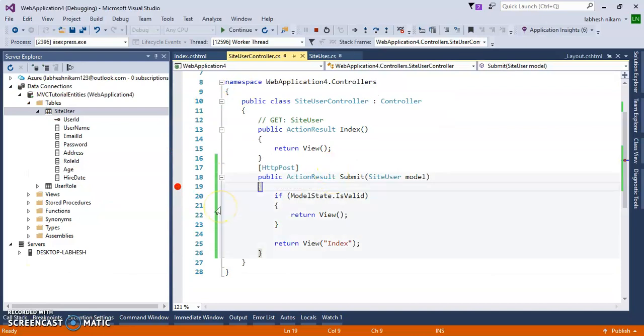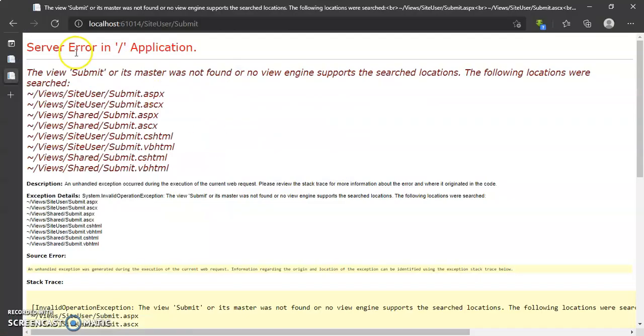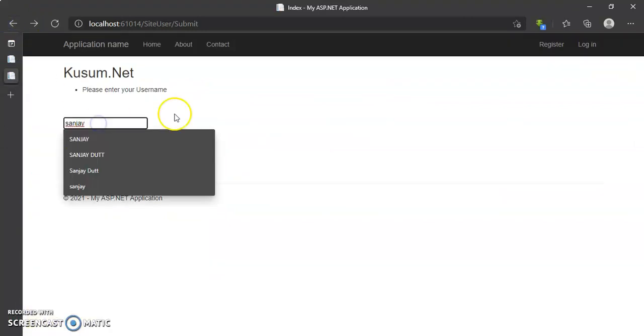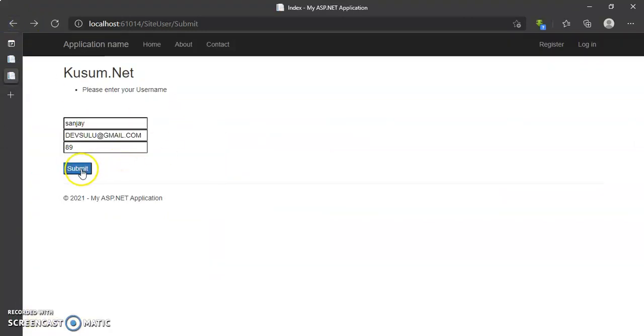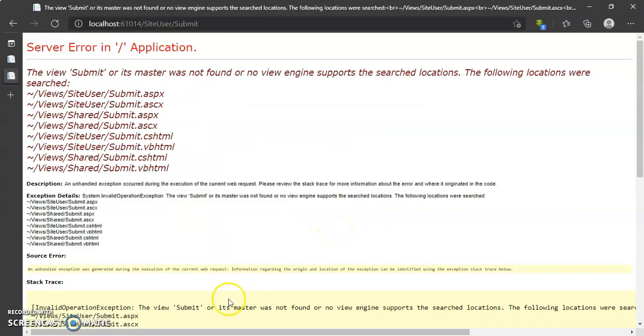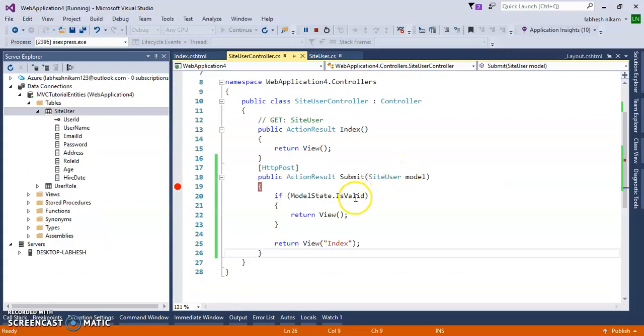Let's click on it and see whether we get the data. Yes, Sanjay is received. Let's check whether the model is valid or not.